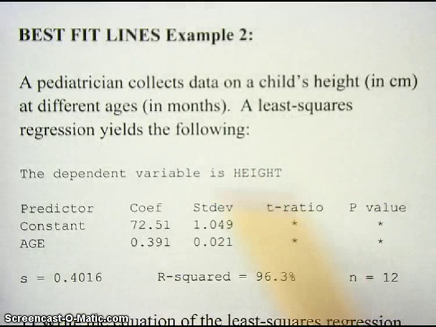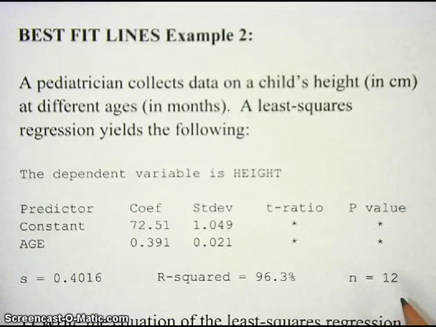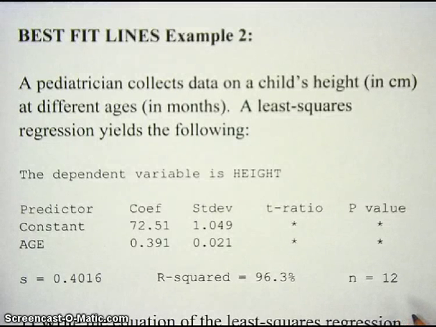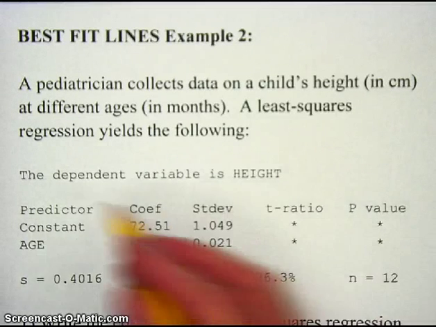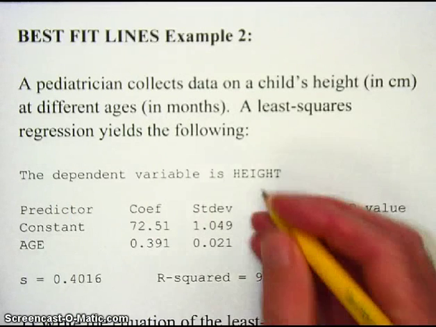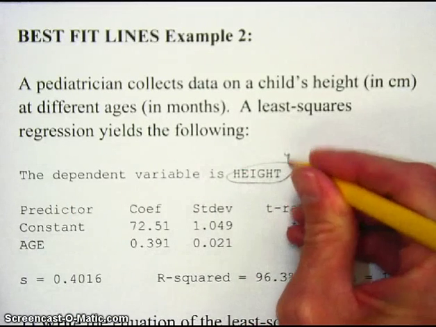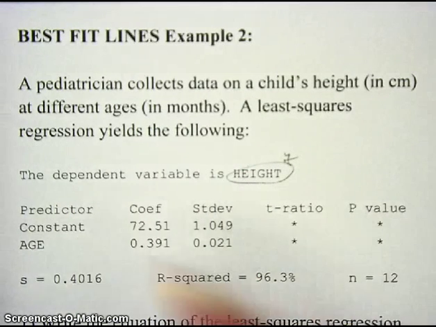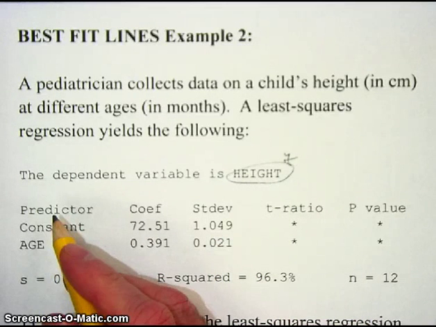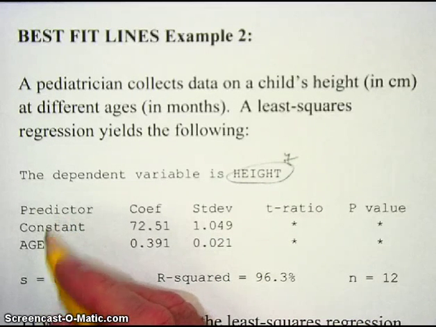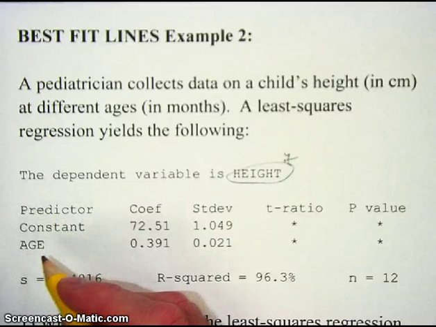And this is a pretty standard format for a lot of computer output when least squares regression lines are calculated. And some parts just occur regularly in these different kinds of output. Right up here it says the dependent variable is height. That is your y variable right there. Okay, the dependent variable, it's the response variable. Over here we have this word predictor, and in this column we have our x variable is age,